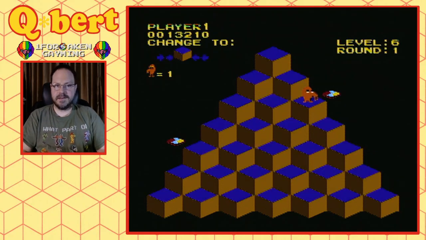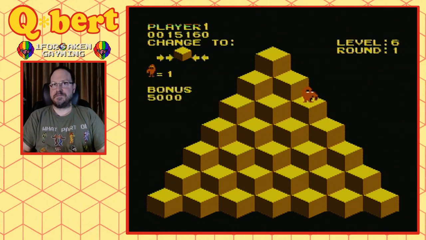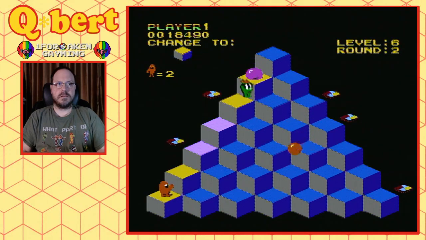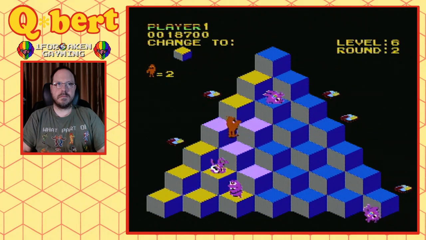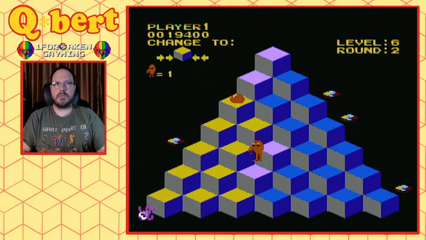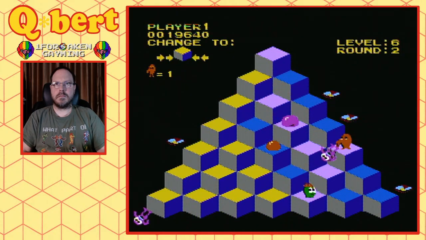Like that. If you can actually get a level to go just like that, you can get a 1-up almost every level, or every level and a half, so to speak. Jump quicker, Q Bert. I told you to...